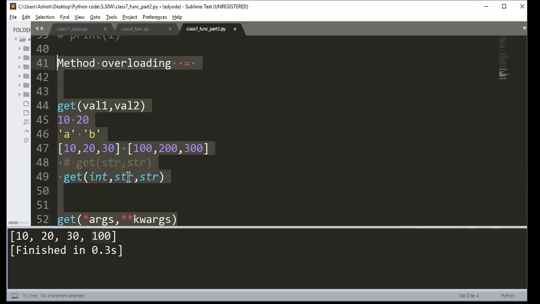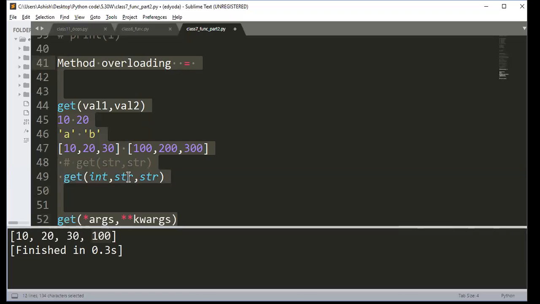Actually, method overloading and overriding was and is one of the favorite topics in interviews. So what is the reason behind that Python doesn't allow? If somebody asks in an interview, what is the reason that Python doesn't allow method overloading? So if you say the functionality which we intended to do, I mean the main purpose of method overloading generally, if you see in C and Java,